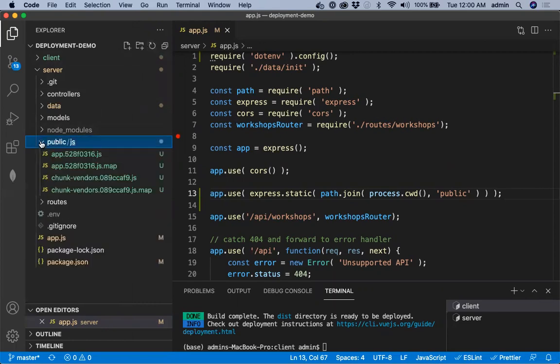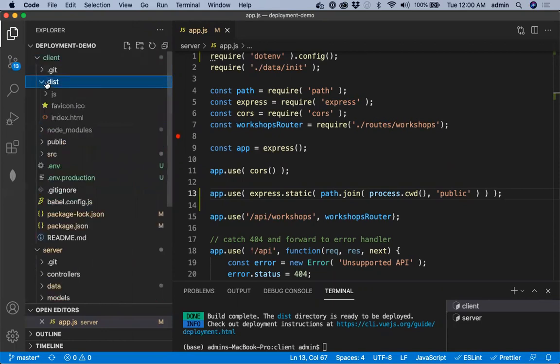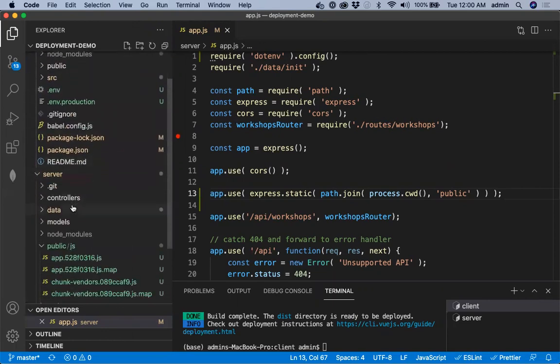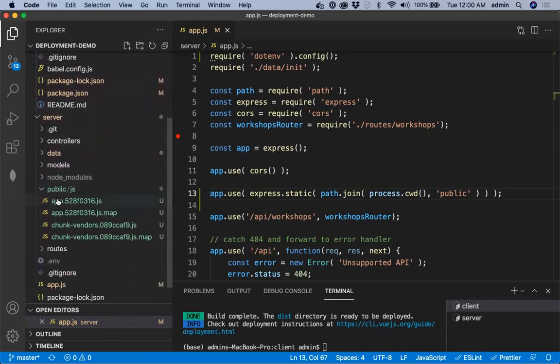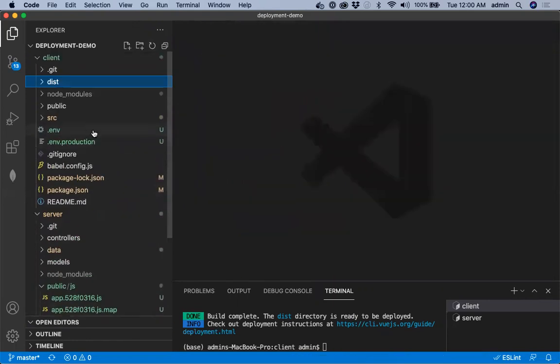so I think it's not copied properly. Let me check. Only the JS folder is copied. It's not copied the index HTML. Okay, I think I must be doing something wrong in this package.json script.